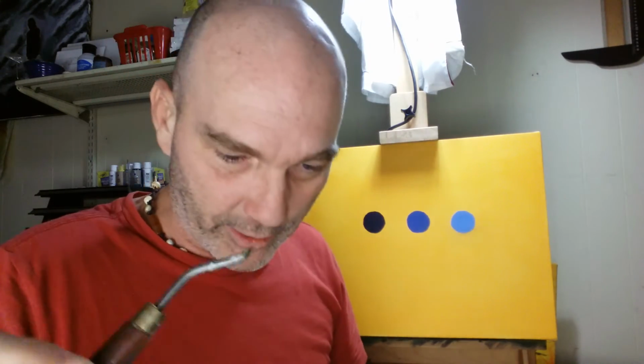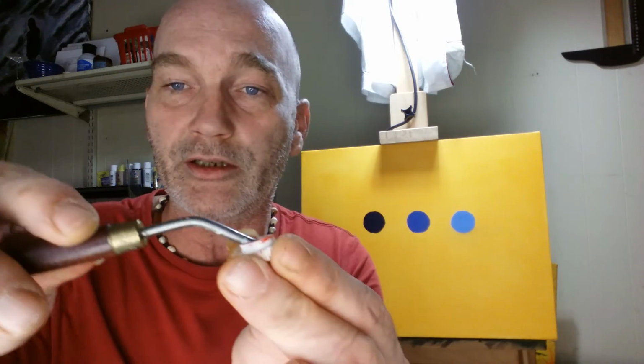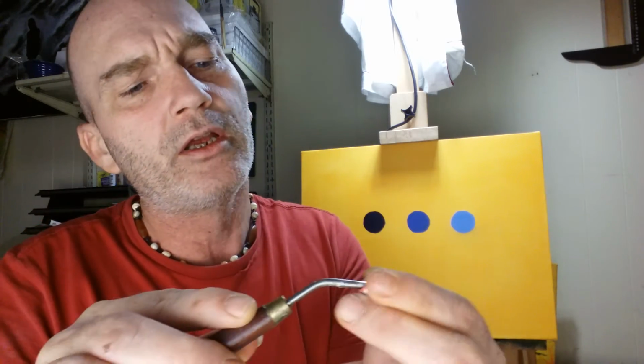One of the things I found that works best for me is this palette knife that had a nice small pointy tip on it. Forgive me while I try to pick this little dude up. It was an awesome palette knife, but unfortunately that tip broke off. But the remainder of it here is a nice little point, and that angle just happens to be great for getting inside the threads of your cap